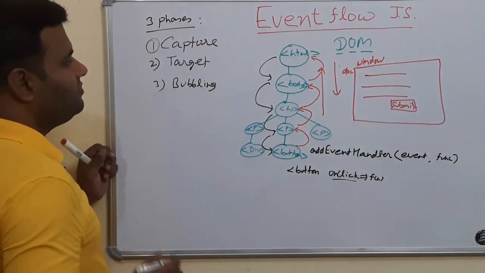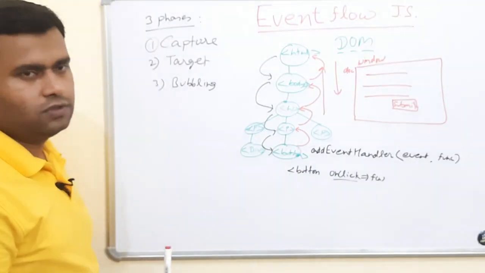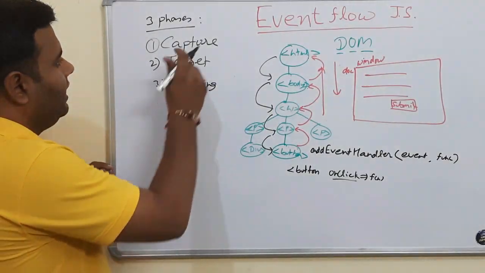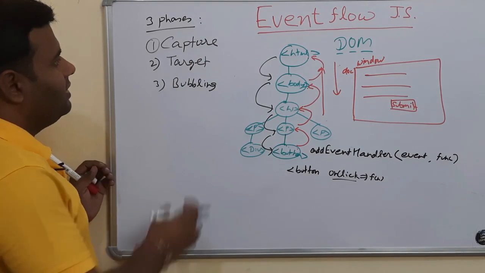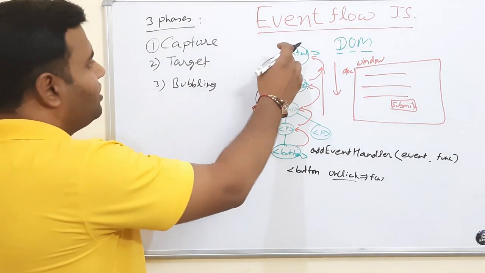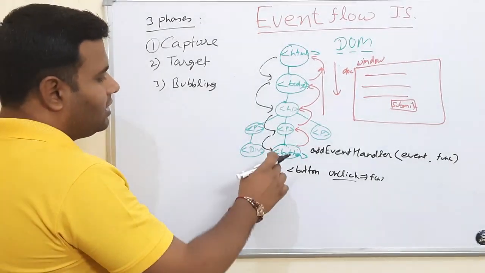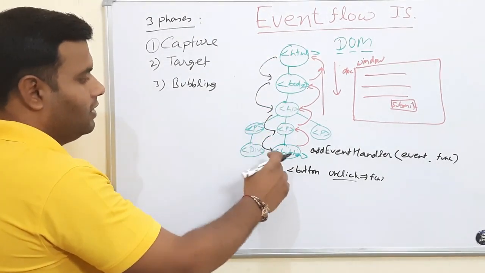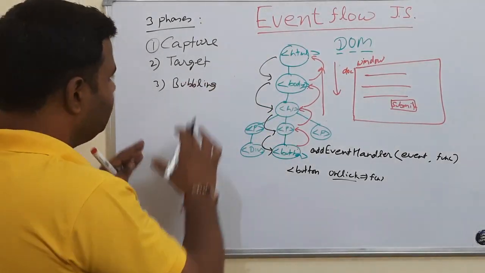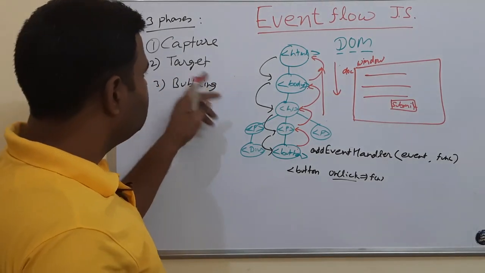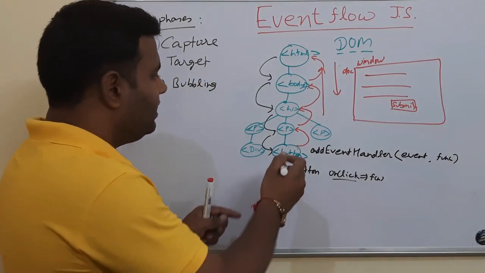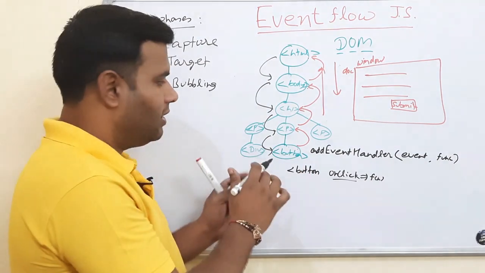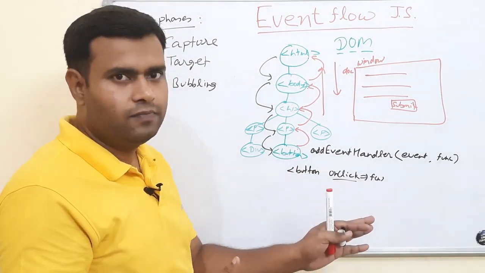These are the three phases through which an event goes. In the capture phase, basically the event will trickle down to the target element. And once it reaches the target element, then whatever it does with that particular event handler,